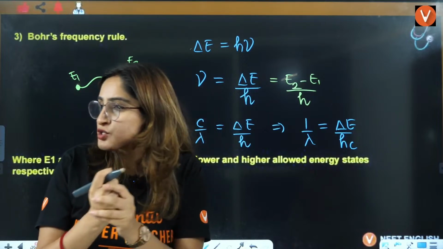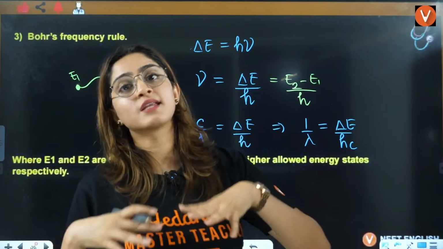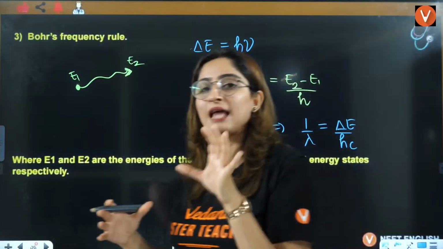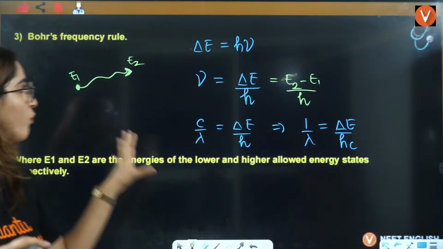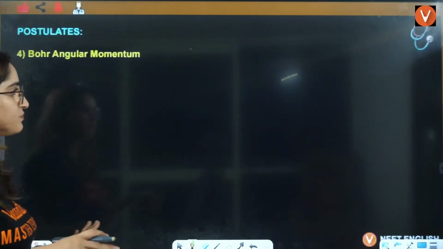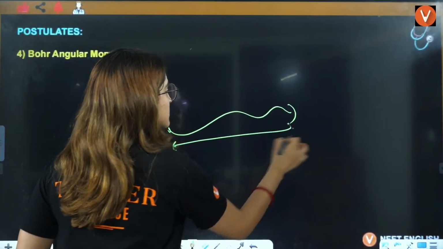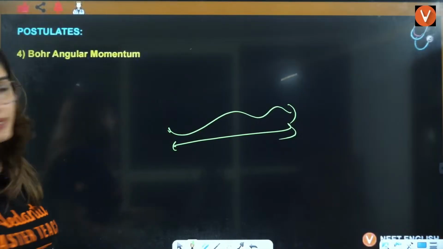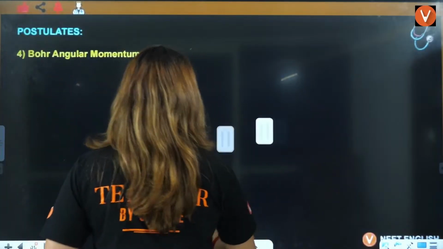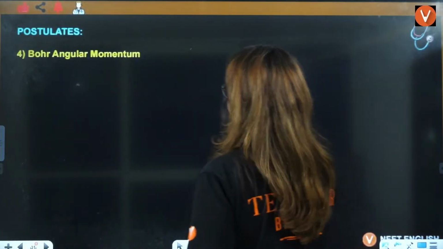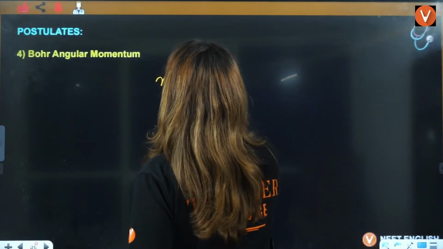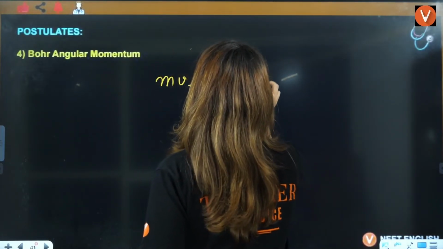Okay? Understood? So how much energy is required or released here, that is what we talk about in the Bohr frequency rule. From one state to another state, how much energy is required here? Understood, everybody? Yes. Now let's talk about Bohr angular momentum. It says that Bohr angular momentum is equal to nh by 2